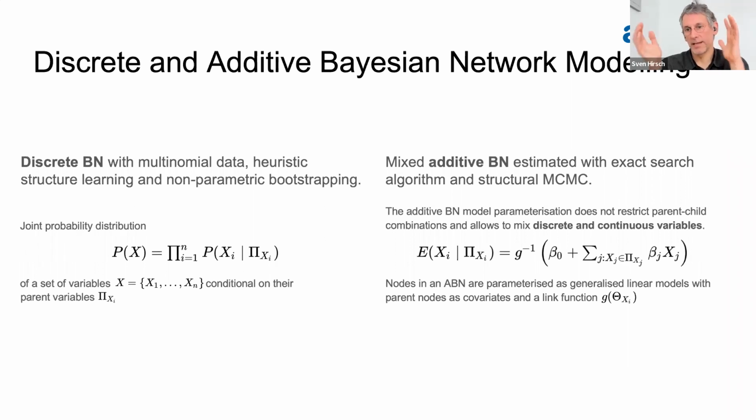And one little detail for these probabilistic graphical networks: there are basically two types. Left, that means you subdivide. You have age, for example, and you subdivide age into groups. Then you have the challenge that you have to find a good number of groups and a good segmentation. The right one is a different representation. It's called additive Bayesian networks.